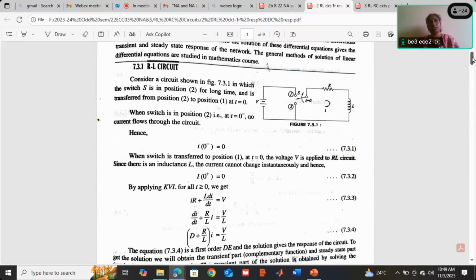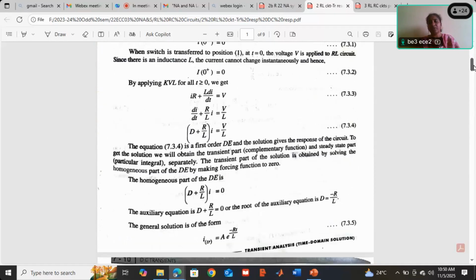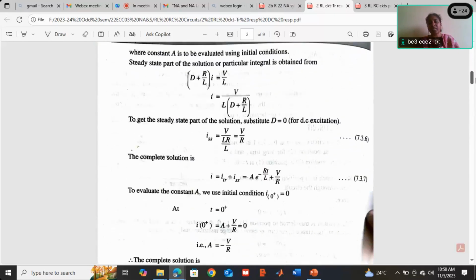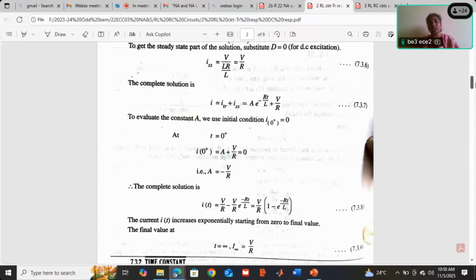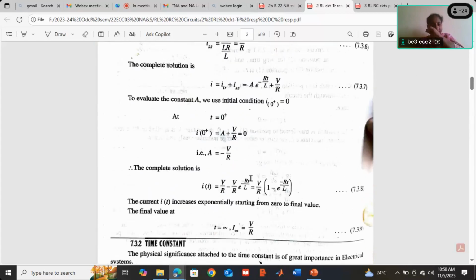You know, in mathematics, complementary function and particular integral, which are otherwise called natural response and forced response. You have tried KVL when the switch is closed. This will become the KVL. And when we derive the equation, substituting the initial conditions, this is the current equation. Current is an increasing factor in the RL circuit. You have to remember V by R into 1 minus e power minus t by tau, increasing factor. So when current is increasing,